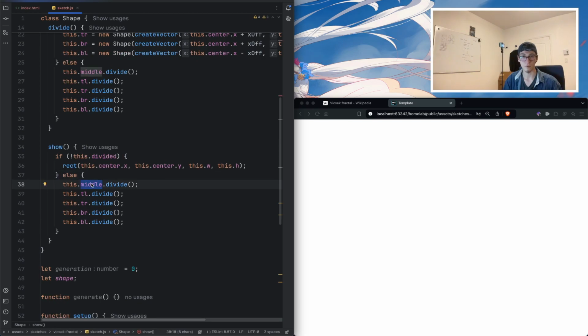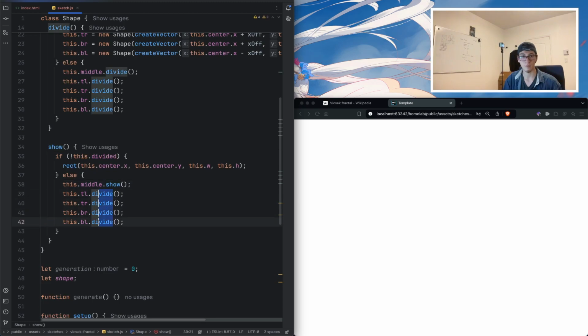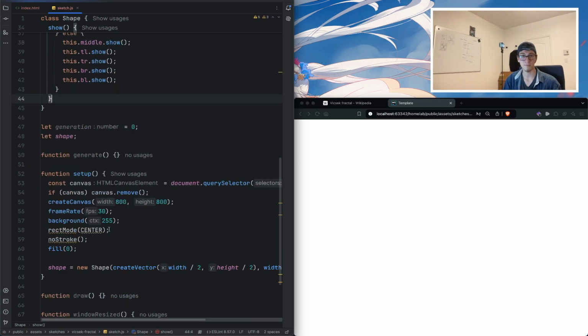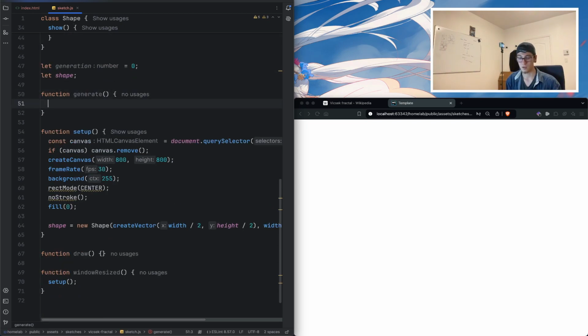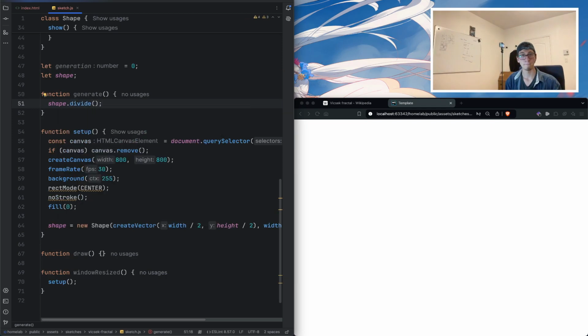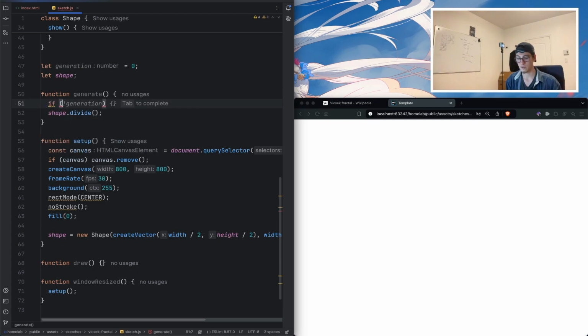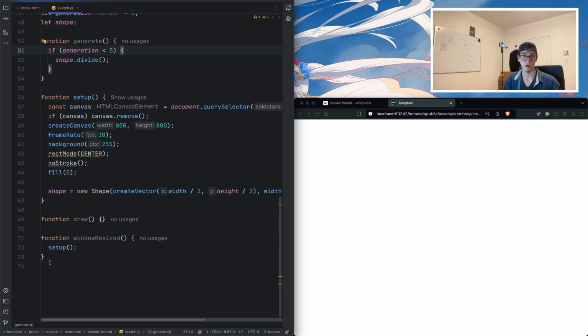Okay, so we'll use show. I'm just going to copy this. Okay, great. So over here, awesome. What else? Generate. It's basically going to call shape dot divide, and only if the generation is smaller than, let's say, 5 for right now, we might change it if it's easy to do. Let's do as well the function mouse pressed,